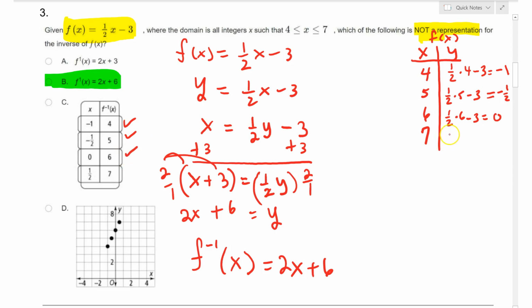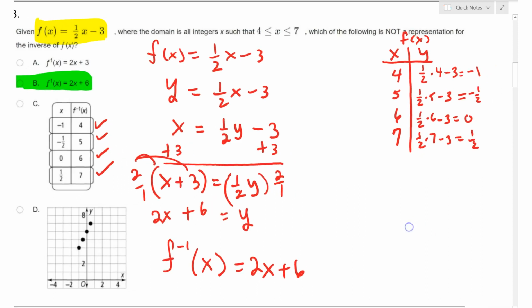And then the last one is 1/2 times 7 minus 3. 1/2 times 7 is 3.5, minus 3 is 1/2. So the inverse should be (1/2, 7). So what did I make? Why did I make a table? I first wanted to figure out what was my original table for f of x based on this interval